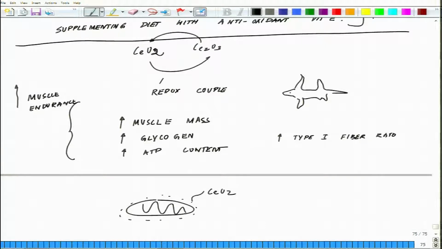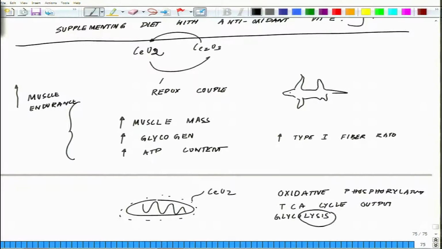And apart from it, the quantitative proteomics data and subsequent biological network analysis studies identified higher levels of oxidative phosphorylation, the major energy generation reaction of the biological system, TCA cycle output, tricarboxylic acid cycle output, and glycolysis, the breaking down of glycogen. And this was further associated with a significant increase in the mitochondrial respiratory capacity and muscle contraction, primarily due to the higher level of electron transport chain proteins like,